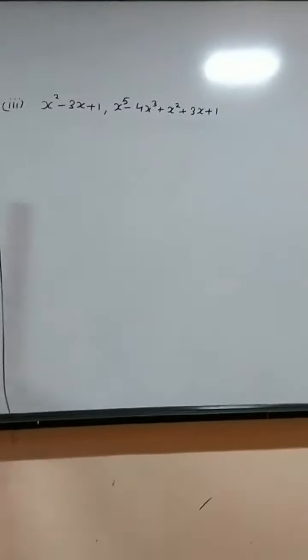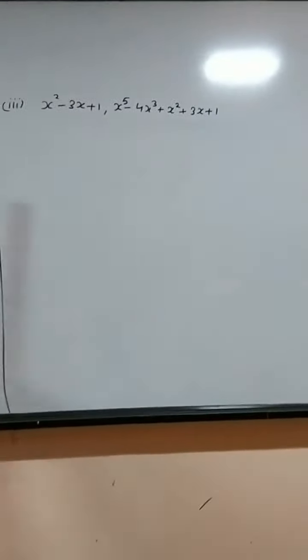Now question number 5. Give examples for polynomials px, gx, qx and rx which satisfy the following: px is equal to gx into qx plus rx. And here, what we have to prove in the first question is that the degree of px is equal to the degree of qx. This is the question. Find that degree of px equals degree of qx.